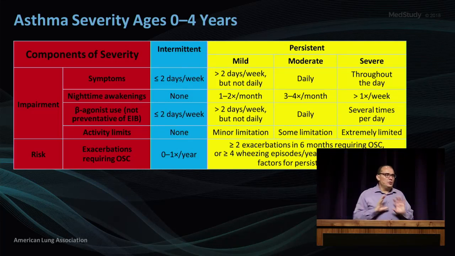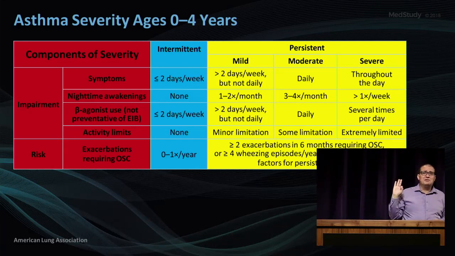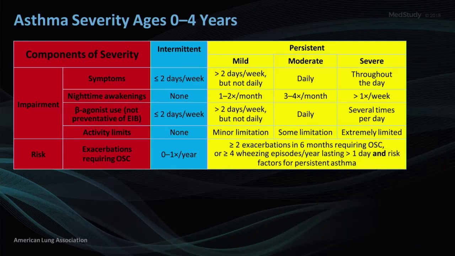Now, we finished the 4 things for the impairment, and we come to impairment for control and severity. There are 3 risks that you try to prevent. So we talked about the 4 goals, which are the impairment goals. There are 3 risks, depending on the age also. Number of flare-ups. They don't like us to say exacerbation, because flare-up means there is inflammation and you flare up because asthma is inflammation. The second thing, you don't want them to be left with an abnormal obstructive defect in their pulmonary